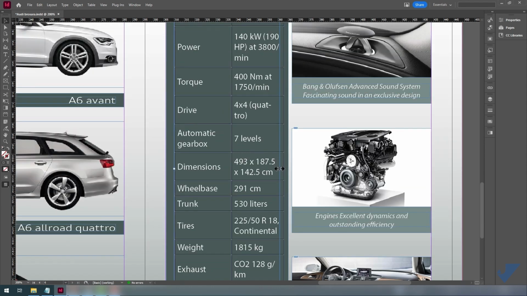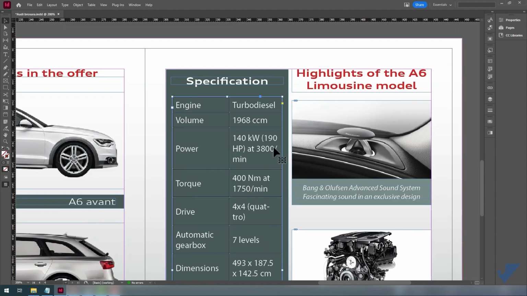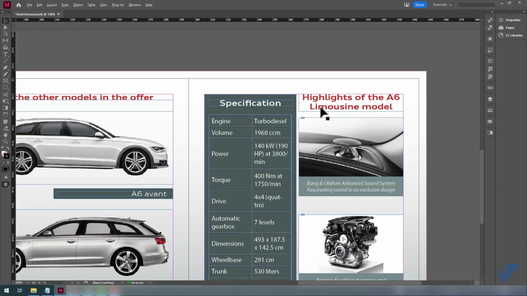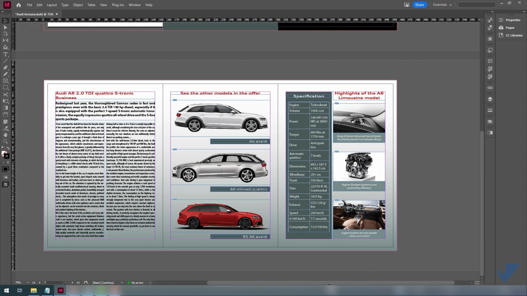It remains to adjust the text frame to the width of the table, and then move the entire table a little to the left to better center it. Of course, these are details and little things that we can adjust later to get the desired look of the